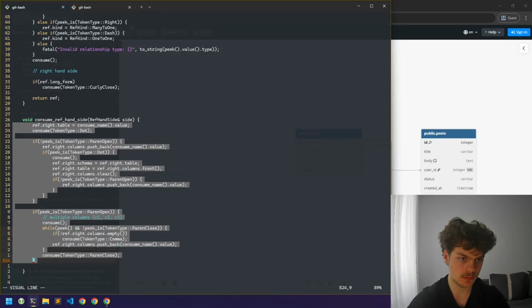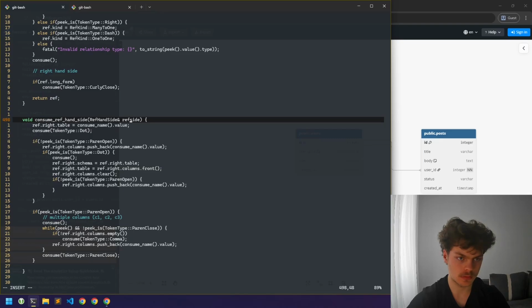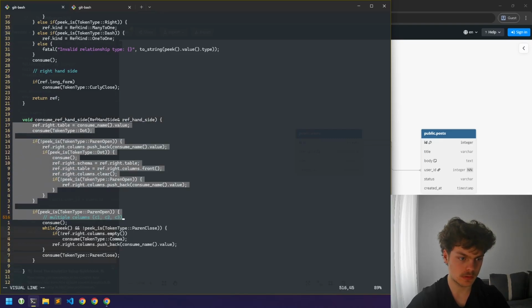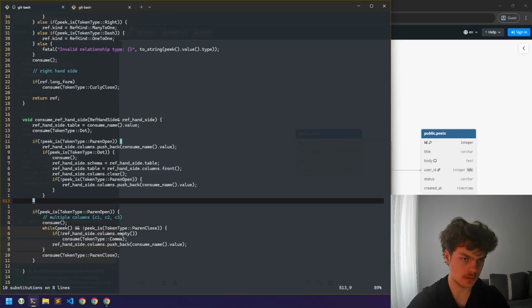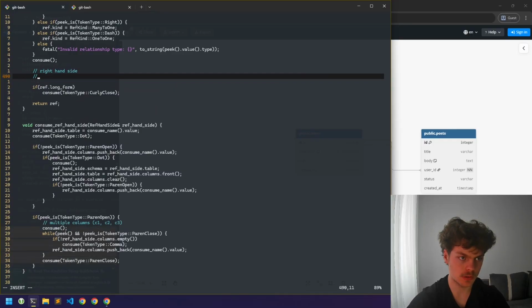and even let's name it RefHandSide, and just replace ref right with RefHandSide, not like this, and say consume RefHandSide ref right,